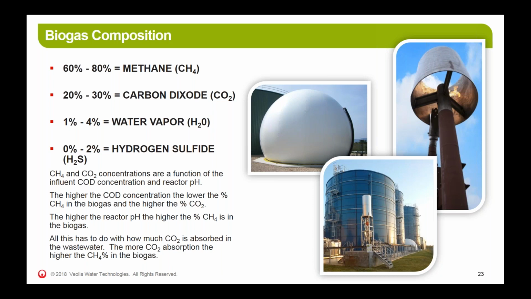Now, generally speaking, about 50% of the gas made in the reactor will be carbon dioxide and 50% will be methane. That's not always the case, but in general, that's a good assumption to make. But the CO2 can be absorbed in the water, and the methane isn't able to be absorbed very well. So the amount of CO2 that can be absorbed in the wastewater determines how much methane is in the